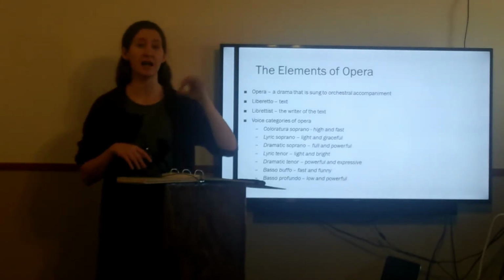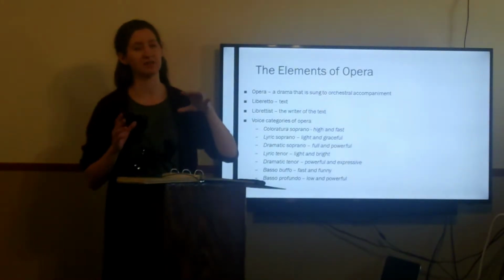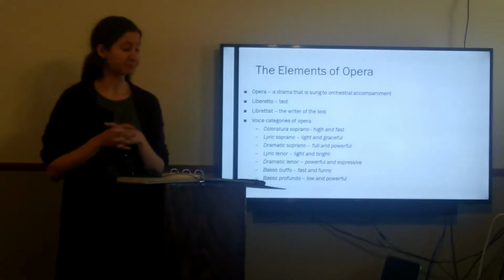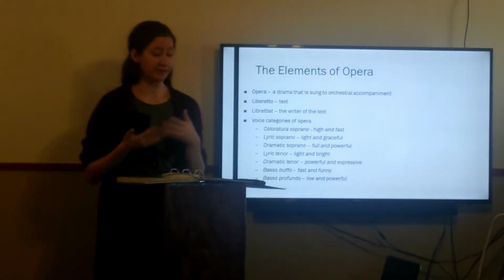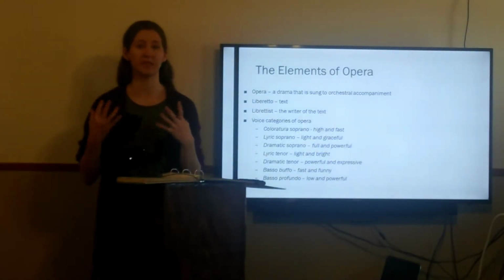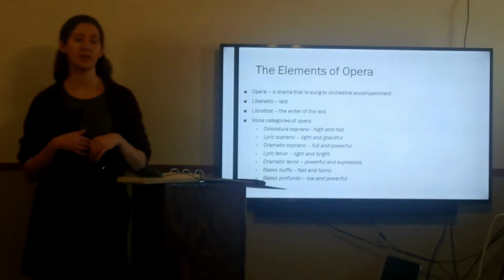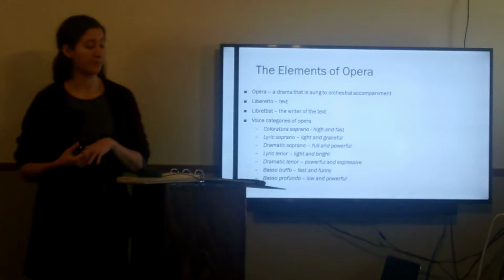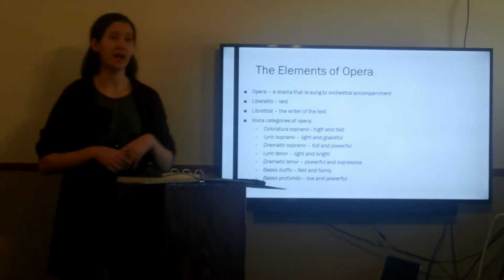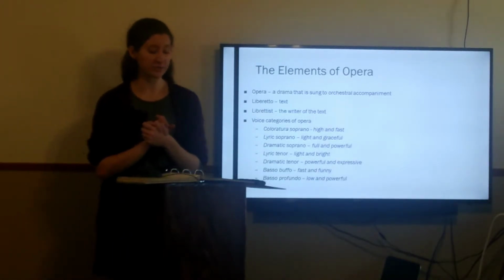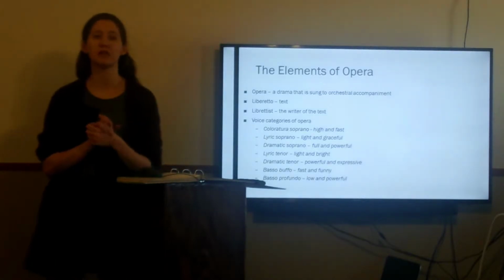They sing high, they sing fast. They have lots of really fast notes. It's very showy. Lyric sopranos have a little bit of a lighter voice. It's not quite as powerful, and they usually sing roles that are more graceful. Dramatic sopranos have a full, powerful voice, your textbook says,